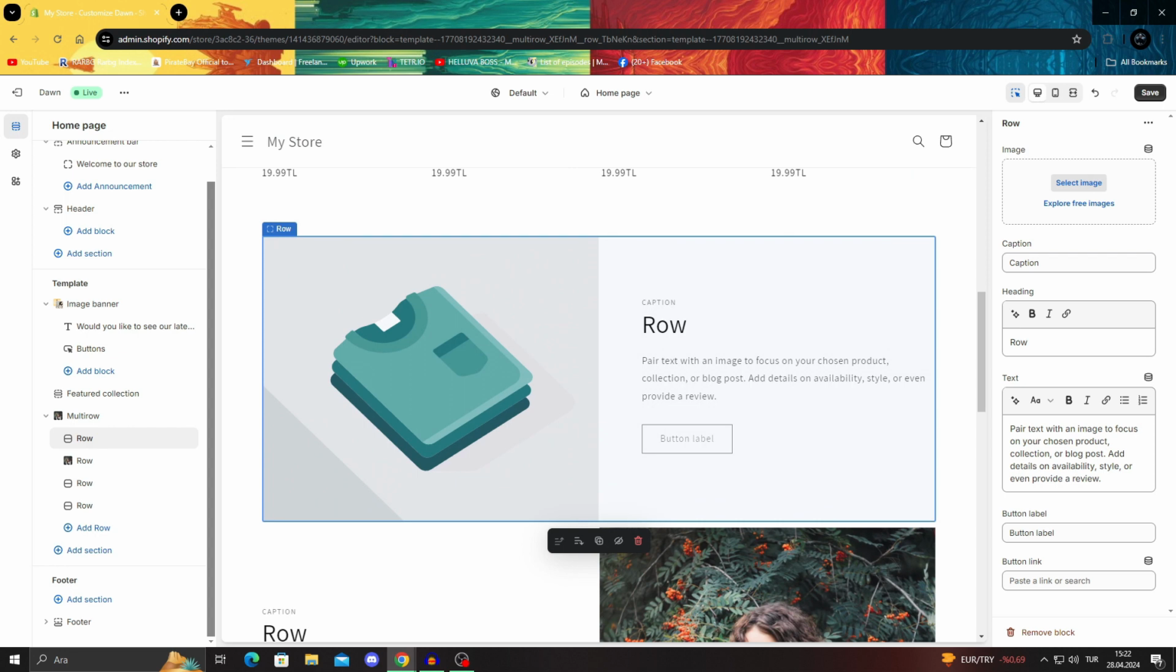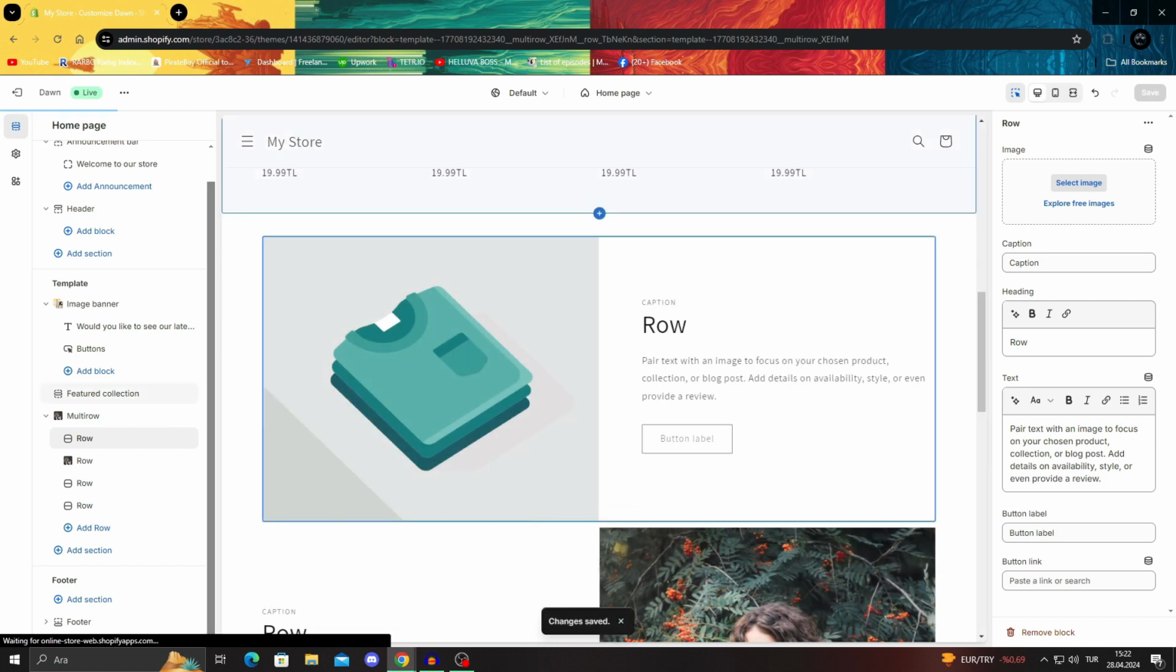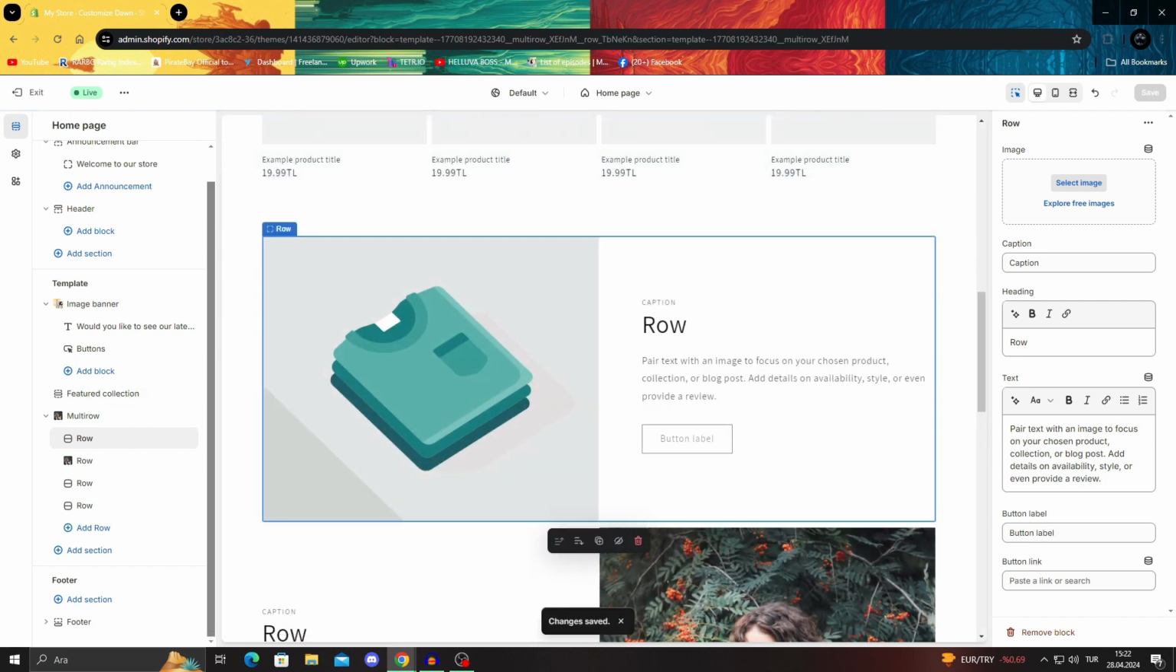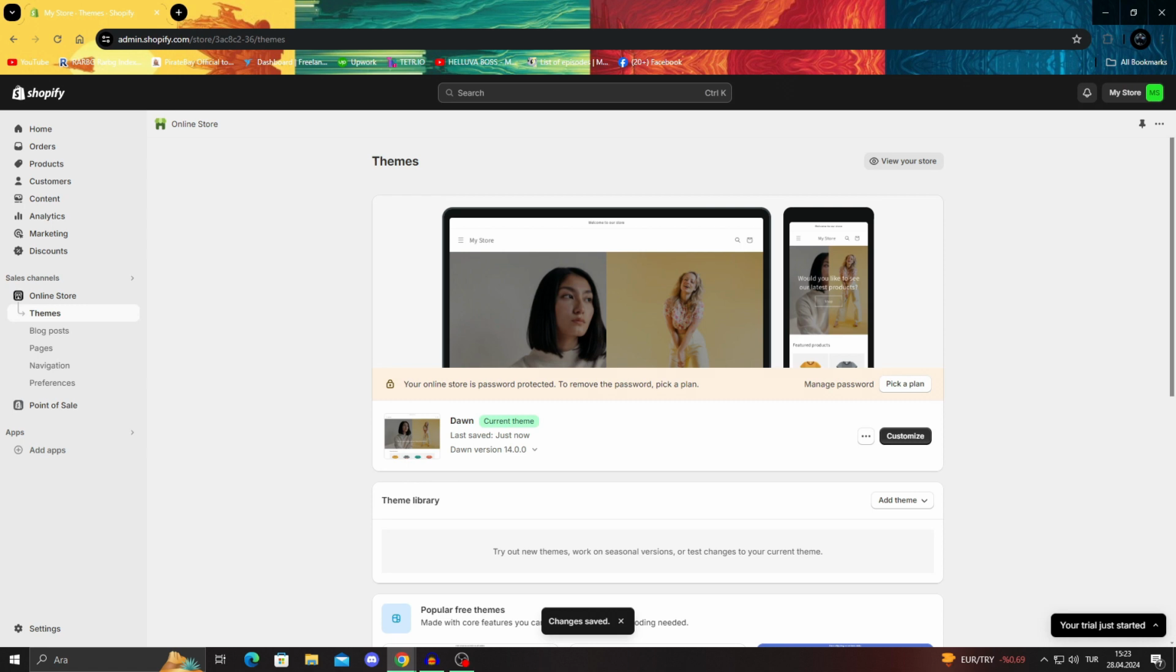But how about the print-on-demand part? For that, we have to save our store. I'm going to assume you are done with your store here. When you're done with your store, to make it print on demand, you have to go to